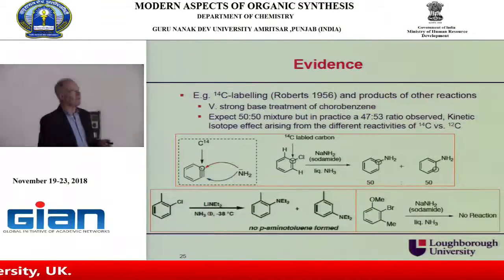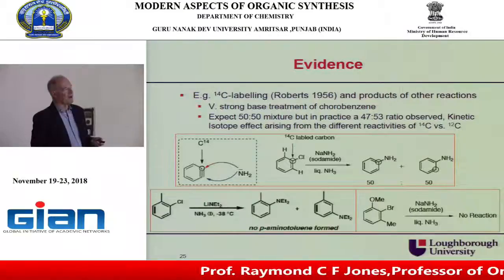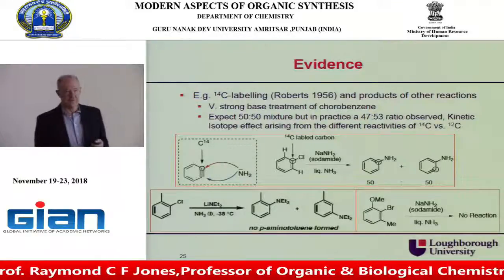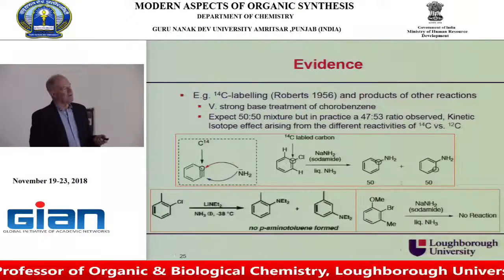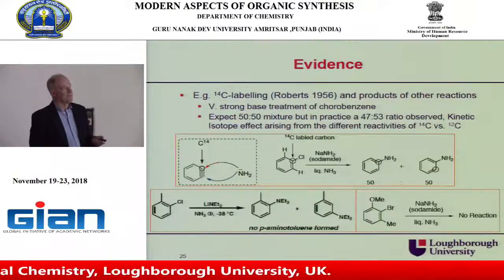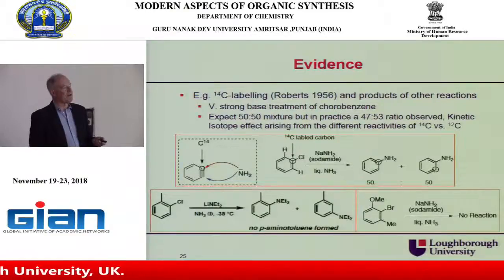But this is one of the classic experiments where if you take benzene that carries, well, here's the starting material, chlorobenzene, that has been specially made to have a carbon-14 label. Of course, it's only a very small percentage of carbon-14 because this is the radioactive isotope, but nevertheless, carbon-14 only at the position where the chlorine is attached. Treat that with sodium amide, another very strong base, again in liquid ammonia, and found that there was a substitution